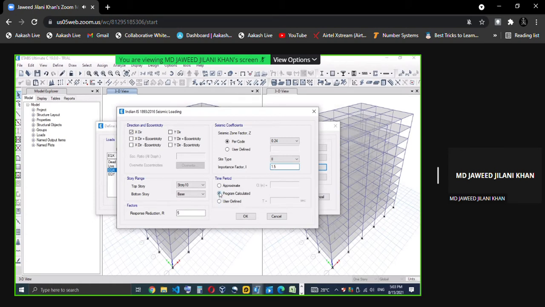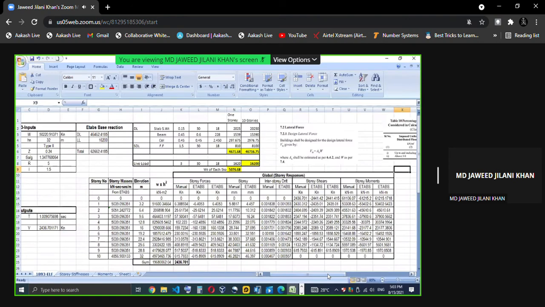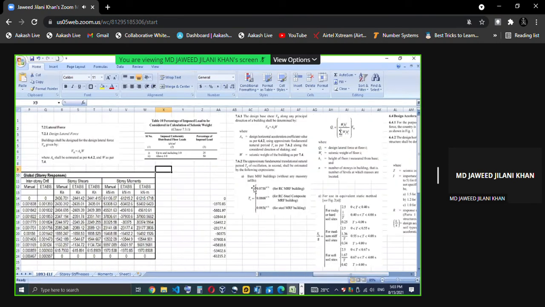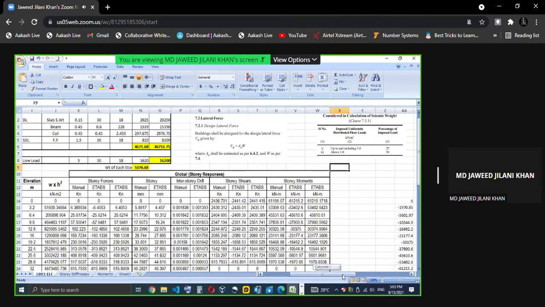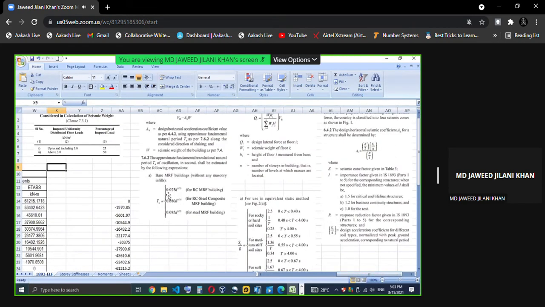We have two options to calculate the time period of the building. The time period can be approximate, or the program can calculate it. Let me go for approximate. What is the time period of the building? You can see here as per clause 7.6.2 of IS 1893, the time period for a bare frame is 0.075 h to the power of 0.75.